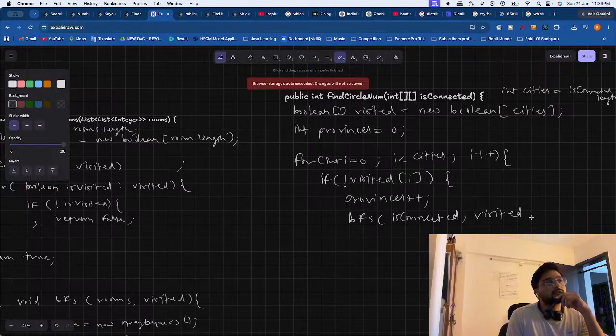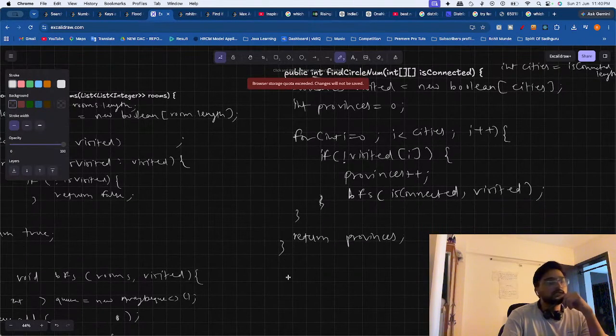What else do we have to pass? I don't think anything else we have to pass. Okay, and return int. So at the end we'll return provinces. So this function